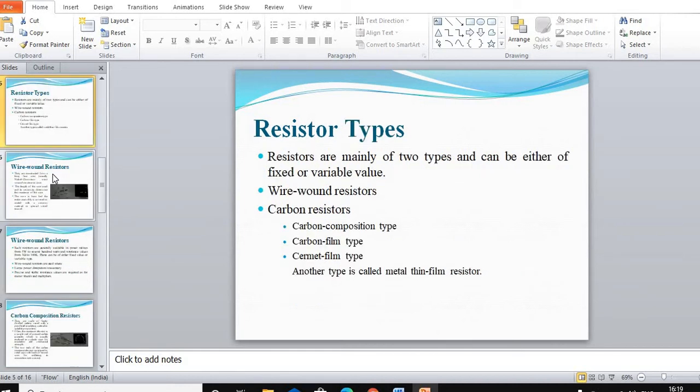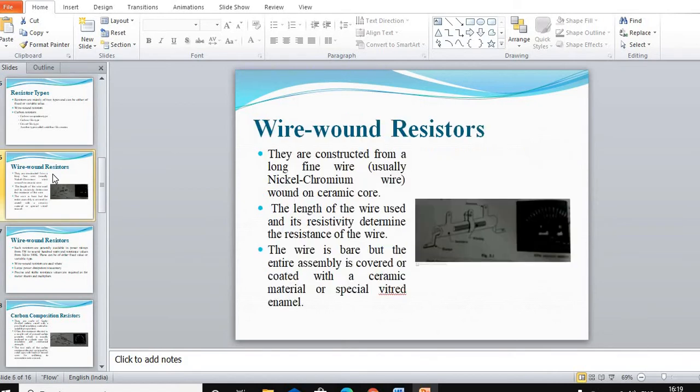Resistor types. Resistors are mainly of two types and can be either of fixed or variable value. Wirewound resistors, carbon resistors, carbon composition type, carbon film type, ceramic film type, and another type is called metal thin film resistor. Wirewound resistors. They are made from a long fine wire, usually nickel chromium wire, wound on a ceramic